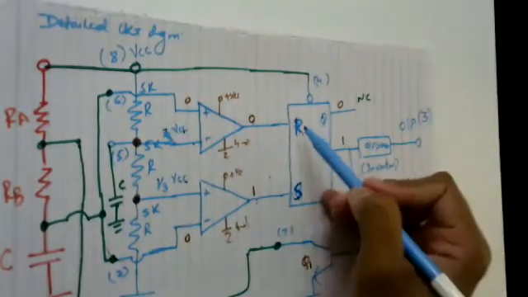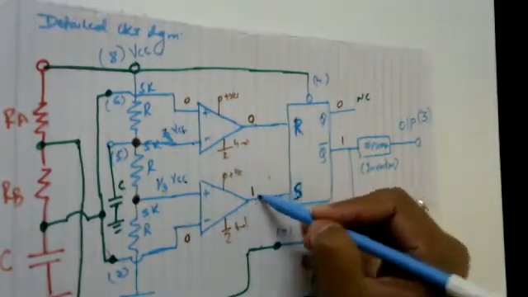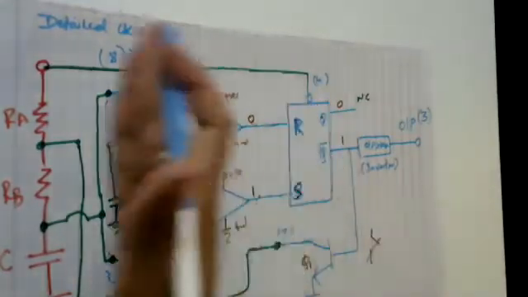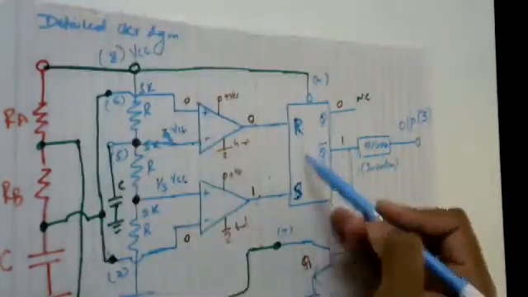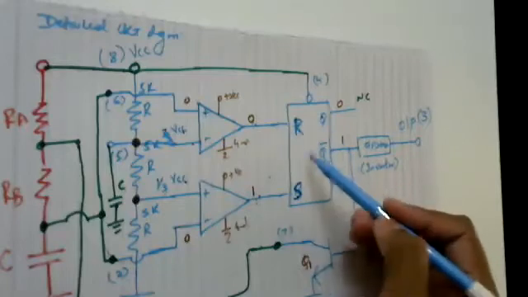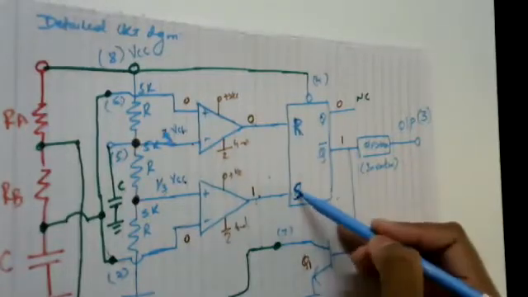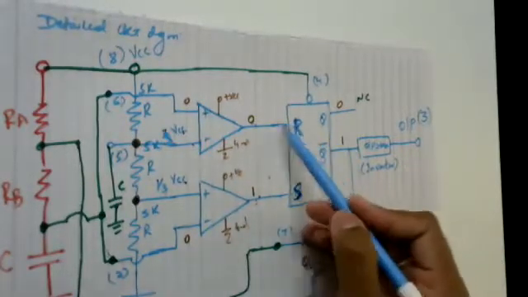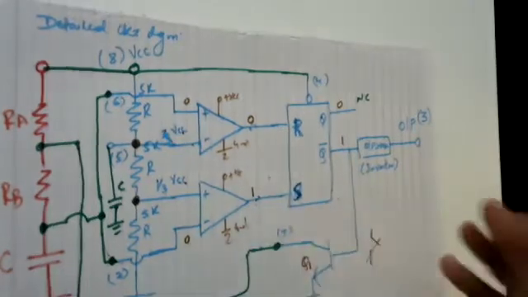Now here R is equal to 0, S is equal to 1. This part is the same, no issues at all, only the terms whenever we were defining. So this has to be our R, and this has to be the S. Now R is equal to 0, S is equal to 1.